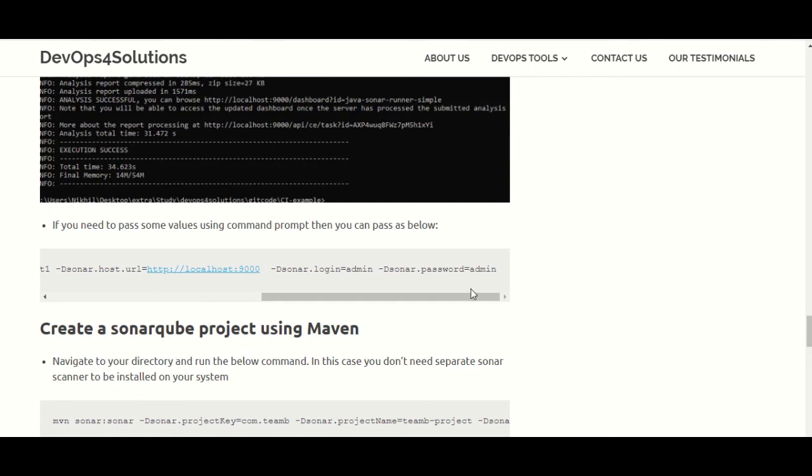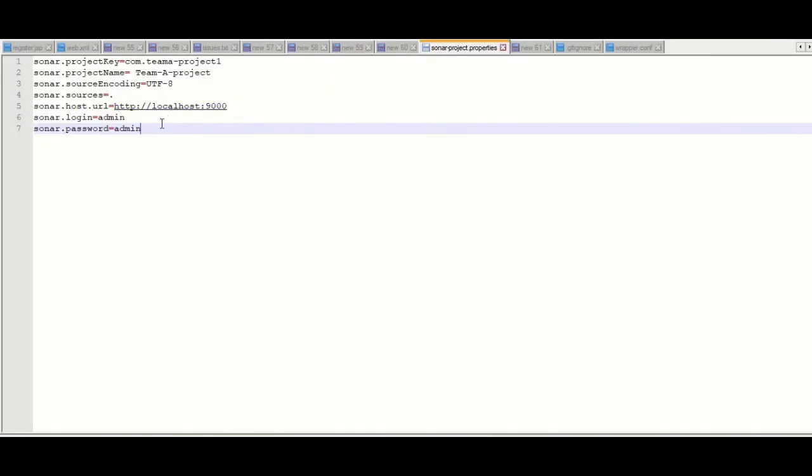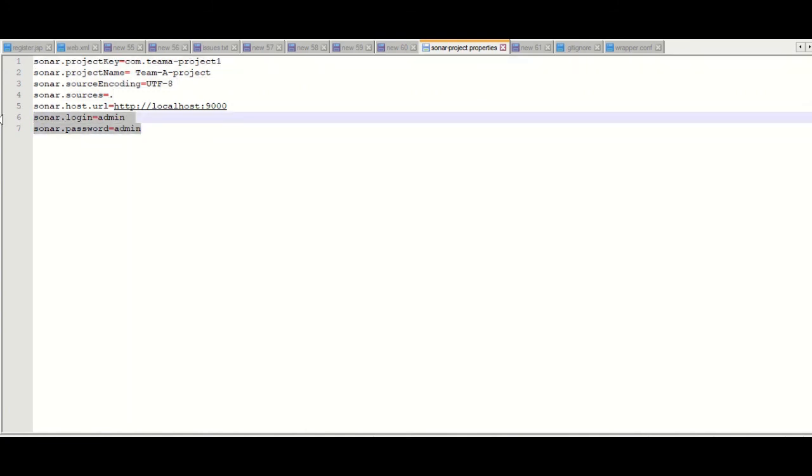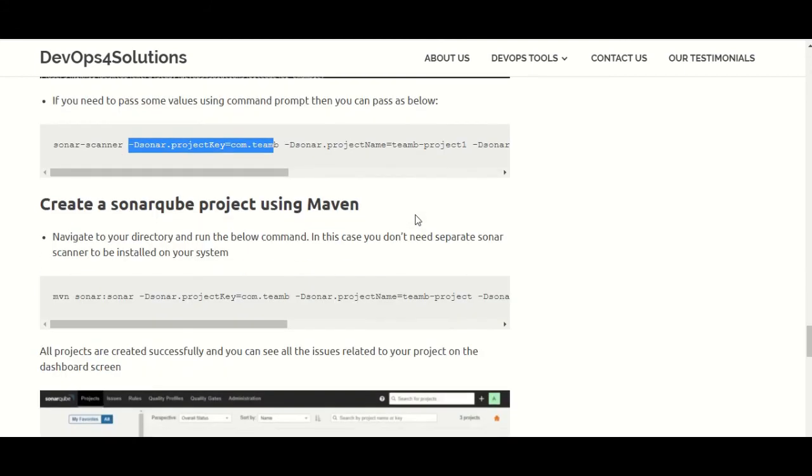What is the preferred way? Basically, you should have the property files, because right now I have only four properties, but depending on your conditions there could be more. But the login and password you don't want to hard code in your Git repo, so you can pass them in the command line prompt. So this is how you can use it with the command line prompt also.